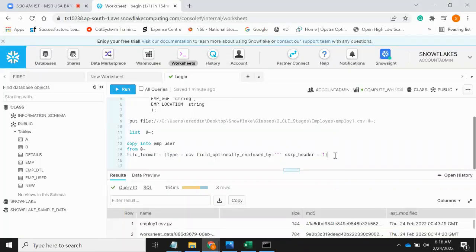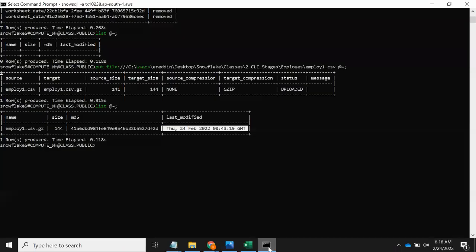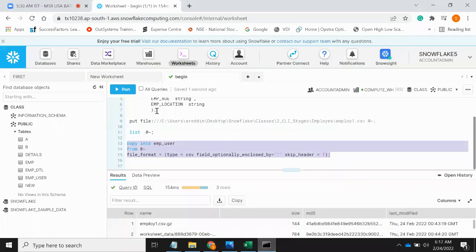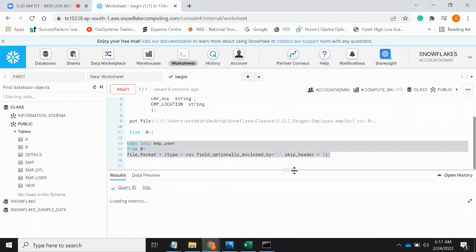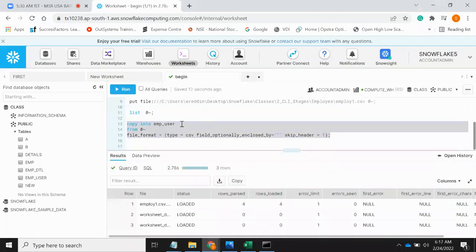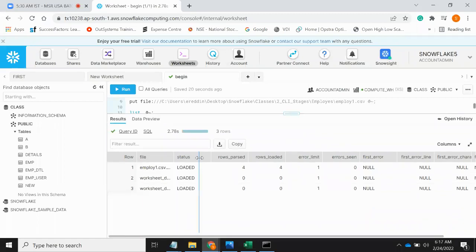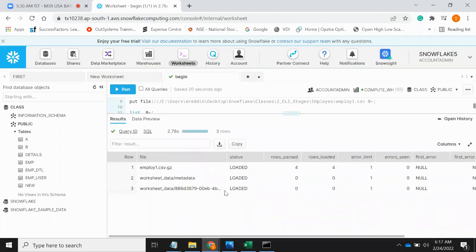Now, just observe this. You can execute this from here, or you can execute this from here. Both ways are the same. Now let's try to execute it here. We are trying to copy into this table from the stage area. Now see this, it loaded. So what loaded? You can ignore these sheets, they are empty. Related to the worksheet, see this one,